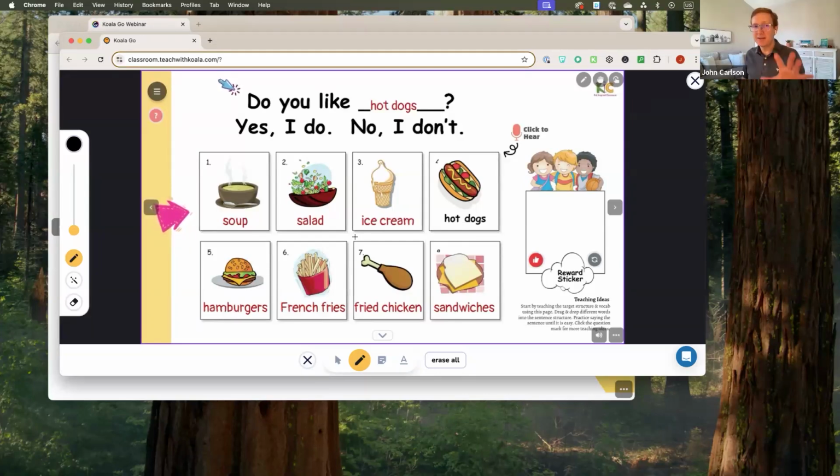Xavier has a lot of expertise with this, and the Koala Go platform was originally designed for students with dyslexia. So this is a really great platform for that. Dyslexic students are just like most other students in that they just need more practice. They need to start with looking at the letters and following those letters in order. They just tend to need more practice than other students, and they need a lot of patience with that.